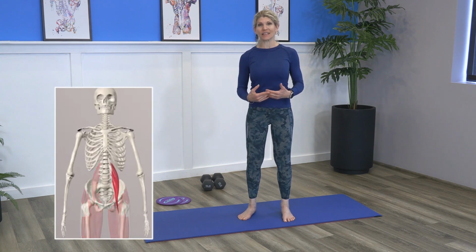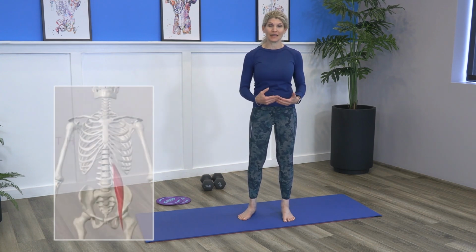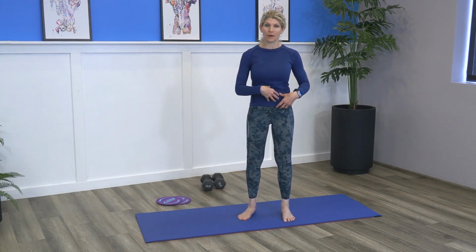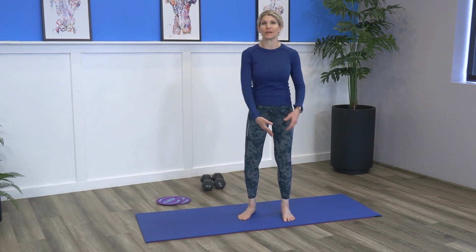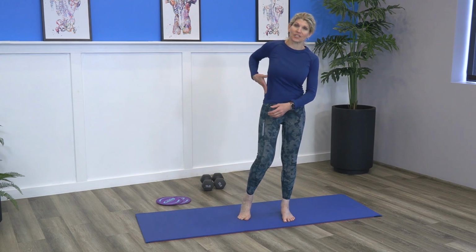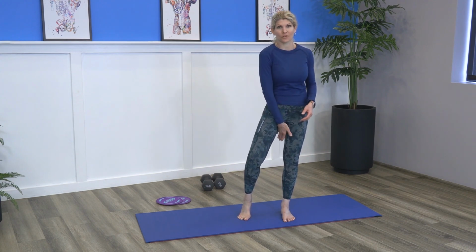If we think about the psoas major and the iliacus, these are going to actually cross the hip and attach onto the pelvis as well as the spine. The psoas major attaches into the thoracic and lumbar spine, crosses over the hip joint, and attaches into the lesser trochanter of the hip. The iliacus attaches on the inside of the iliac crest and also crosses to the inside